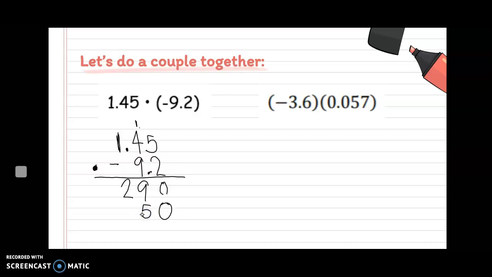I'm going to carry my 4. 9 times 4 is 36, plus 4 is 40. So I'm going to write down my 0 and carry my 4. 9 times 1 is 9, plus 4 is 13. So now I'm going to add these together, bring them down into my product,